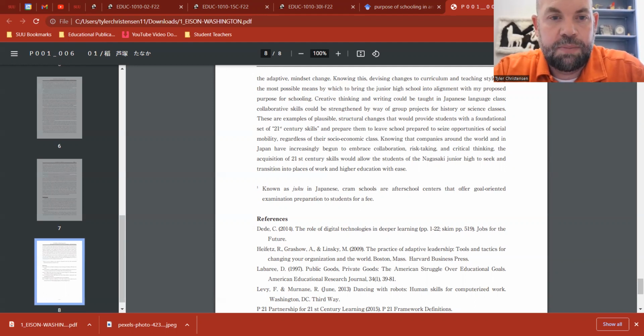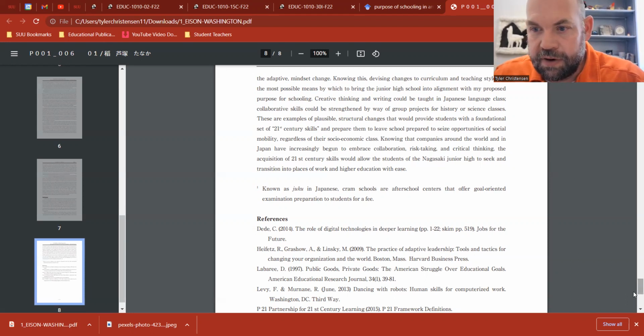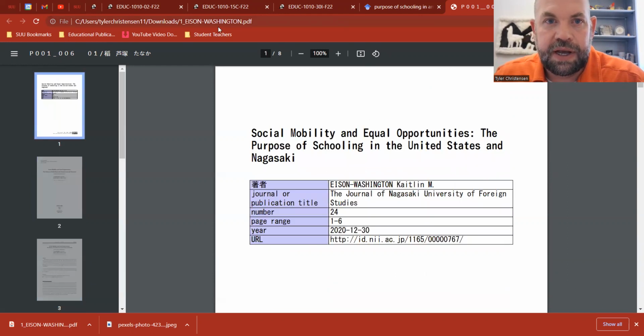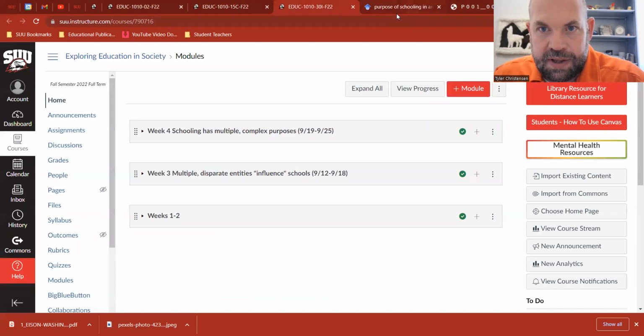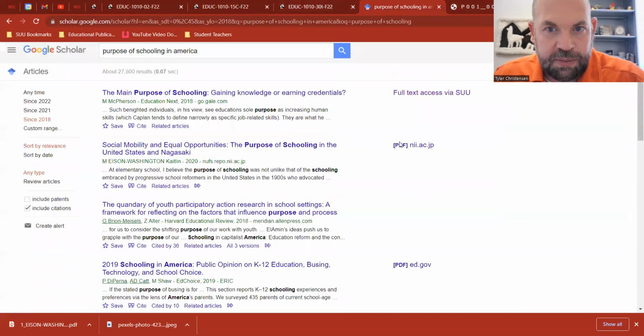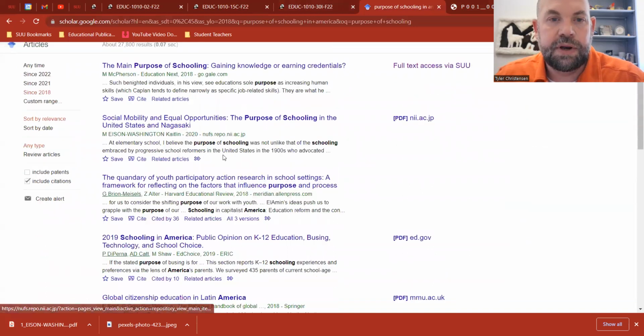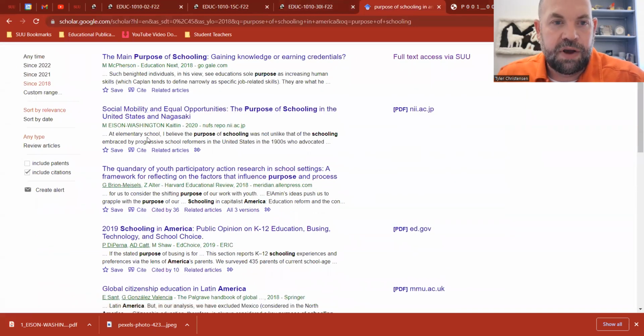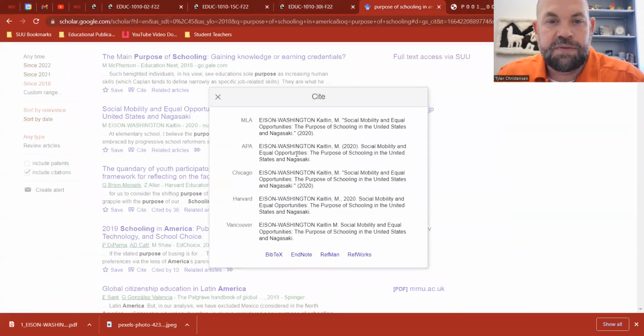So I am going to have an area in my paper that says references. And then I need to find the citation for that. So I'm going to go back to the article, and this is the article that is called Social Mobility and Equal Opportunities. So now, if I come back to the tab, not that tab, this tab, that talks about social mobility and equal opportunities, I can find the name of the author simply by clicking the cite button. So there's a button right here that says cite,